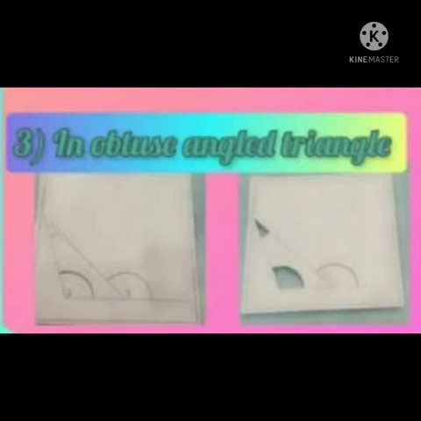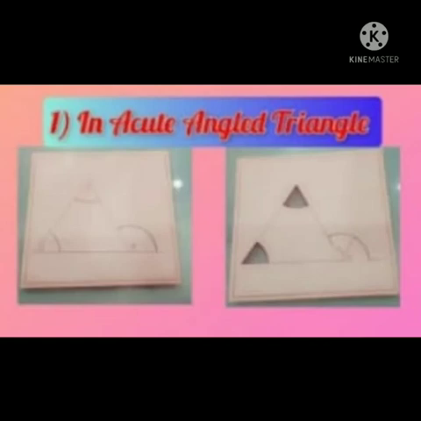So our third part is the obtuse angle triangle. So make an obtuse angle triangle and again mark 1 and 2 sectors at the interior of the obtuse angle triangle and the third part at the exterior of the obtuse angle triangle. And we can make a triangle by using only one obtuse angle. Why is it? Because the exterior angle is equal to the sum of interior opposite angles.